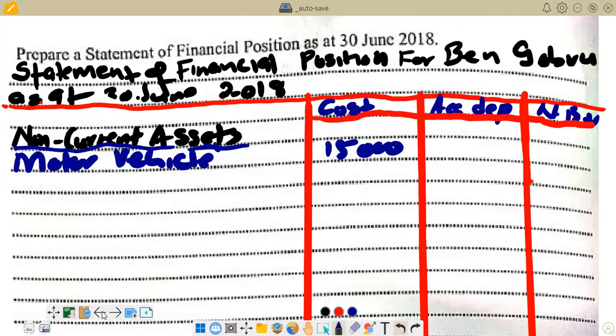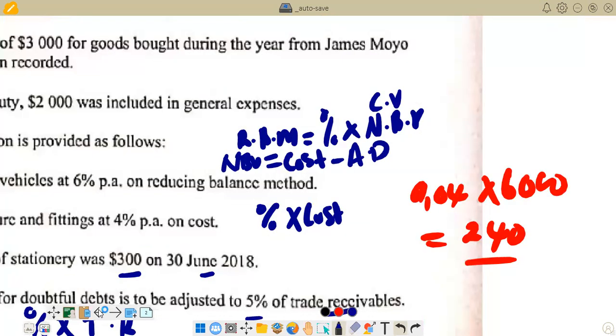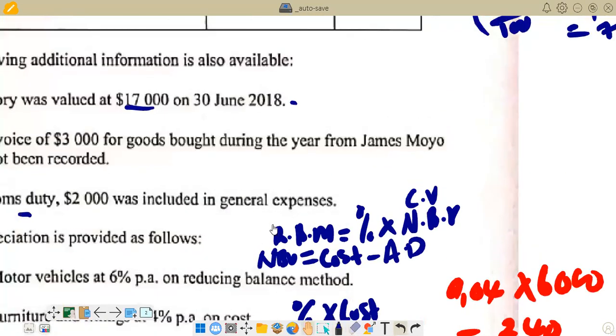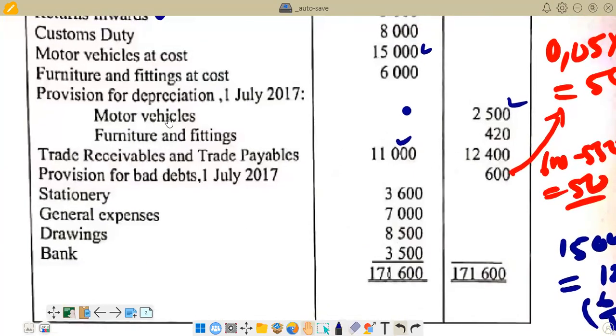Go back to check the figure for accumulated depreciation. So for that, we come here. We know the figure for accumulated depreciation that we are given in the list of balances, we check it, it's up there. If you come here, you will see that provision for depreciation motor vehicles is 2,500. So this is depreciation that we had before, plus the depreciation for motor vehicles for this year, we get